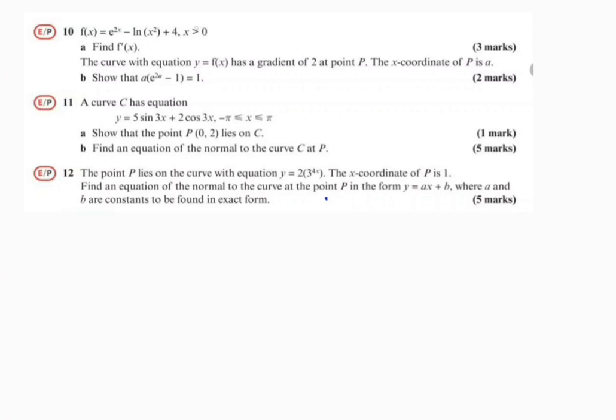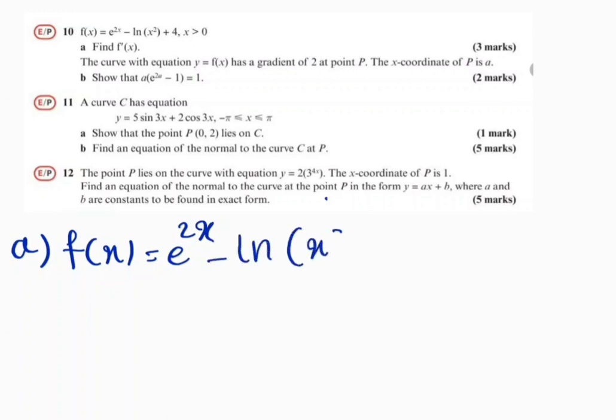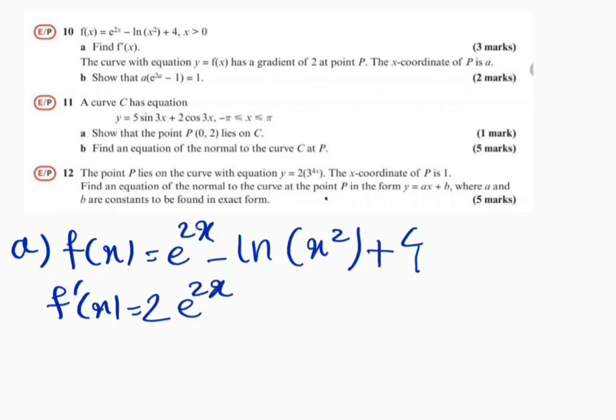So we have this function and part A asks us to work out the derivative of the function. We have this function e to the 2x minus the natural log of x squared plus 4. So the derivative of this is going to be, here we have an exponential function which differentiates to 2 times e to the 2x, because we write down the differential of the power times the entire function,